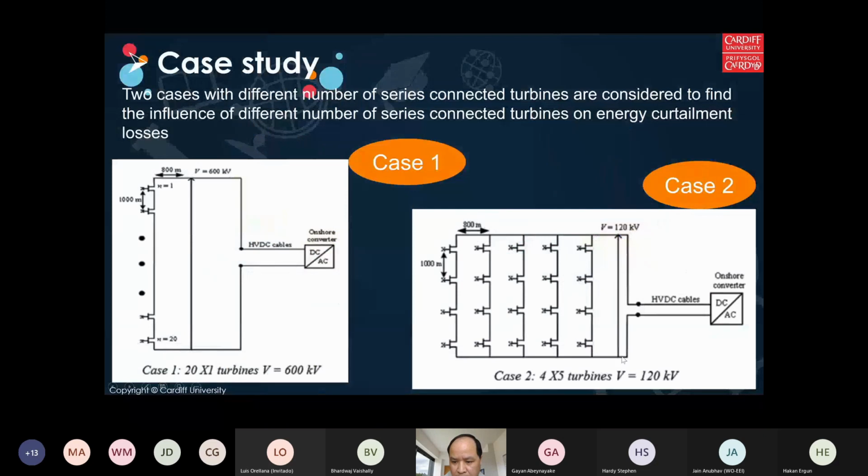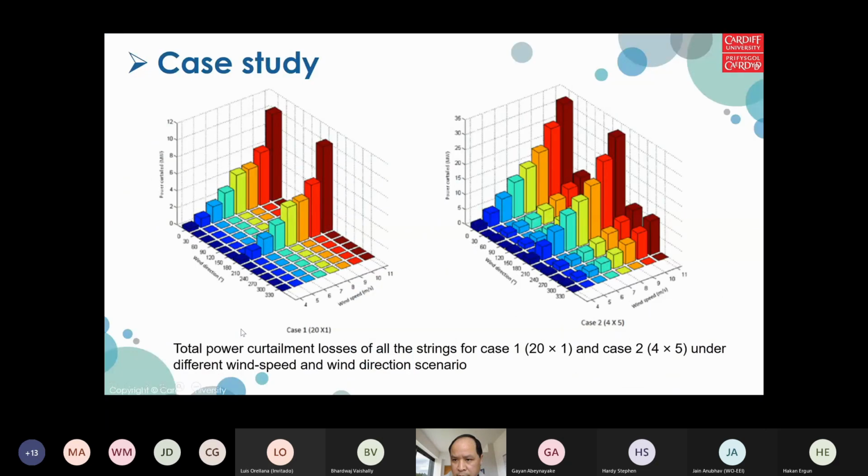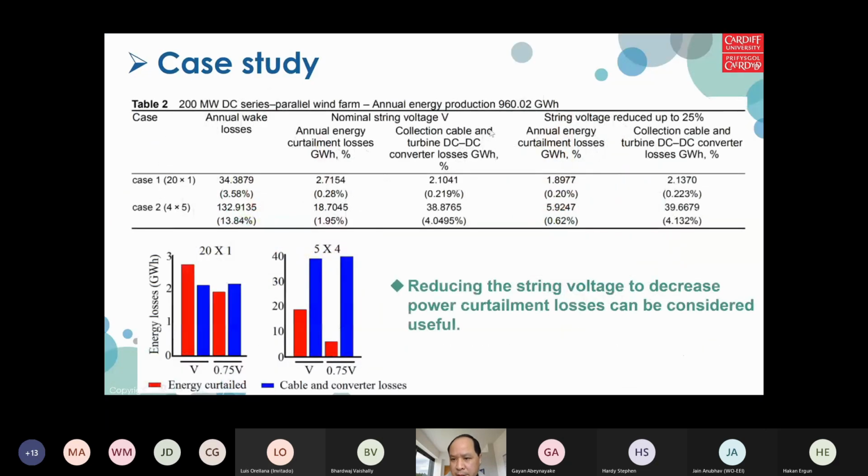This DC voltage by 20%, or by 25%, okay. By 25%. And then if we reduce it, the voltage won't experience the overvoltage, and that makes it safe. We don't need to curtail the energy generation, the wind power generation. But